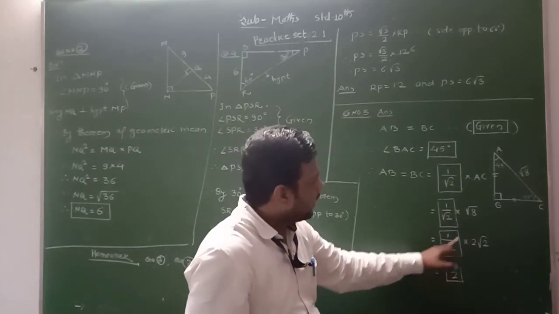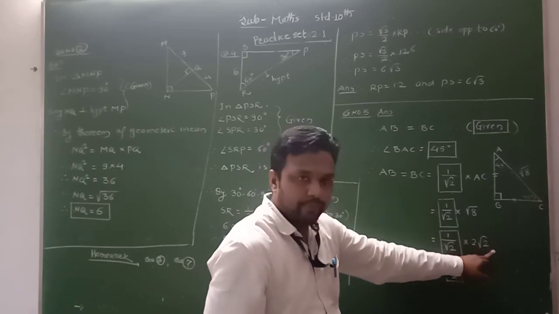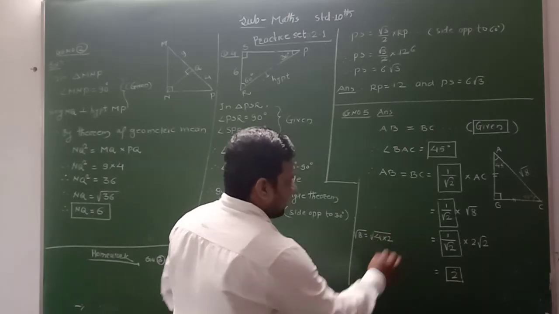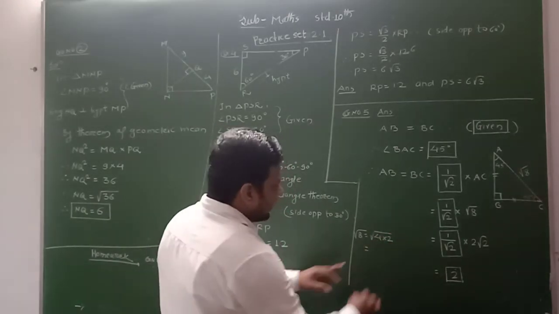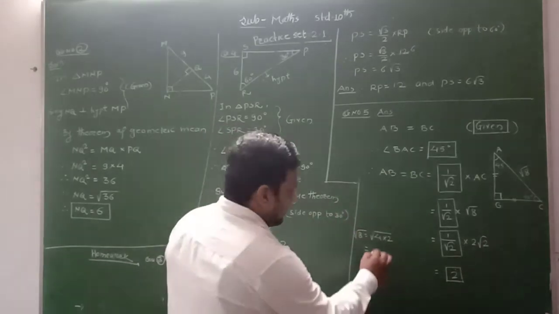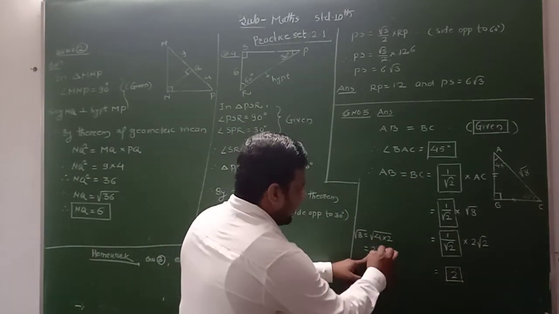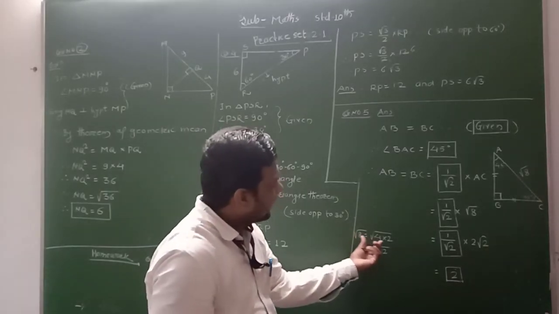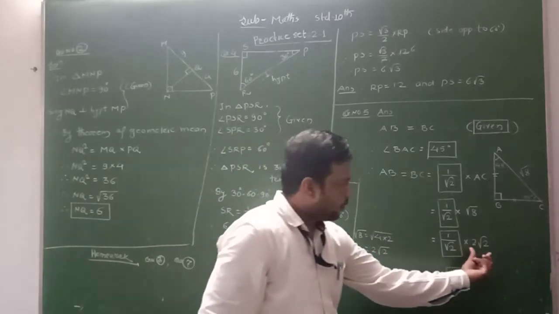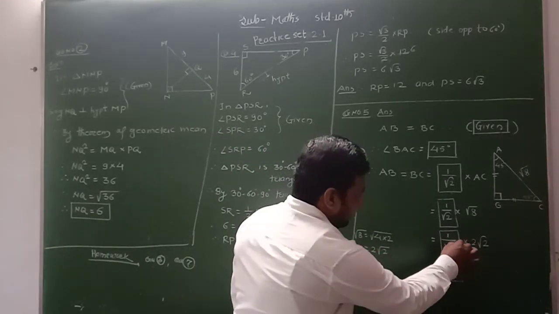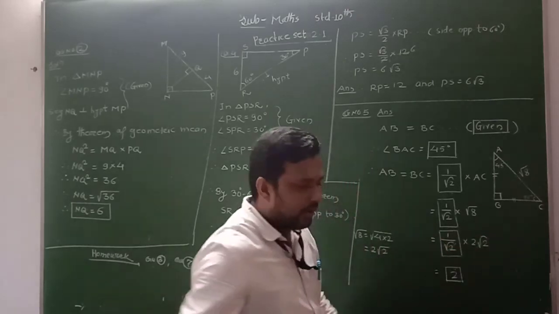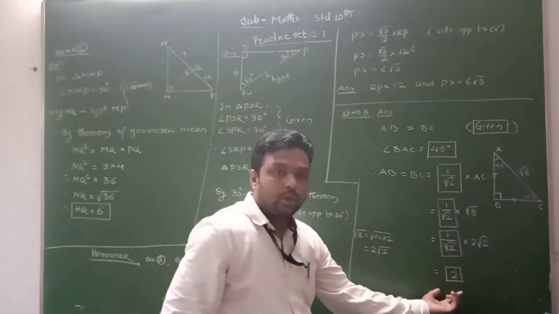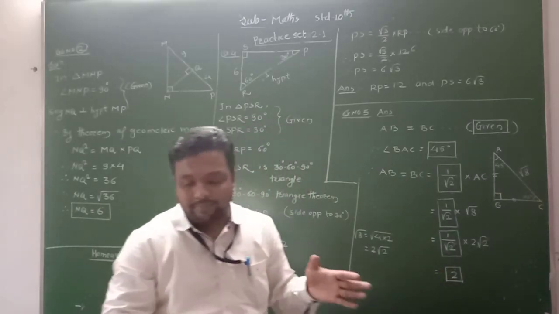Okay, root 8 is there. Then 1 upon root 2. Here I write root 8 as 2 root 2. How? Root 8 we can write as 4 into 2. 4 2s are 8. And 4 is a perfect square number and its square root is 2. Therefore here we get 2. And what is remaining? That is square root 2. Therefore root 8 here I write as 2 root 2. Correct? Then root 2 will cancel. Then what is remaining here? 2. Then what is the answer here? AB is equal to BC and this is equal to 2. In this way here we complete the activity.